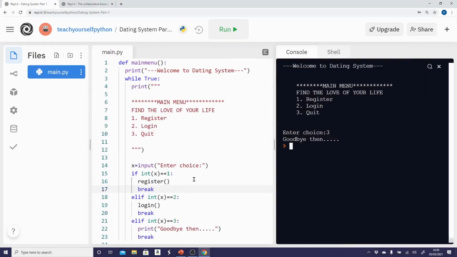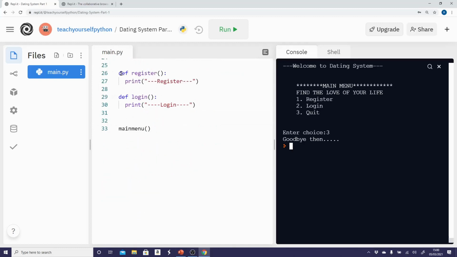Now that we have a main menu, we need to move on to the registration screen, the login. And obviously you can't log in without registering because there's nothing to log in with. I think we're going to start by making this little program here, this subroutine. Let's fill it in. It says register. Let's get back into it, make sure we're on the same indentation level, we're inside it, and we're going to say something like